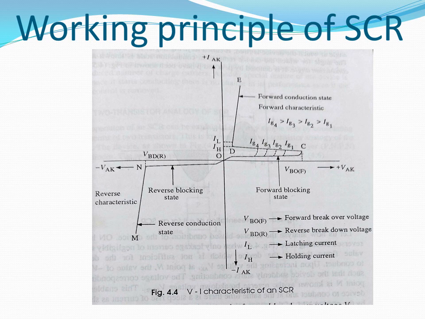When we go on increasing the voltage between anode and cathode, a stage will come when the depletion layer at J2 will vanish completely, and since the other junctions J1 and J3 are already forward biased, so there will be